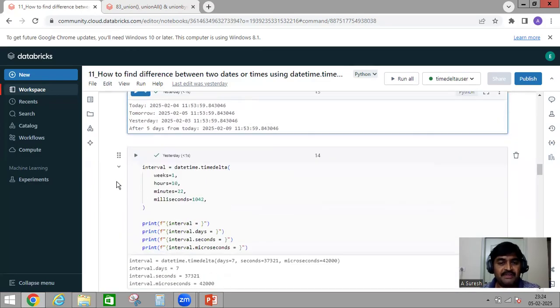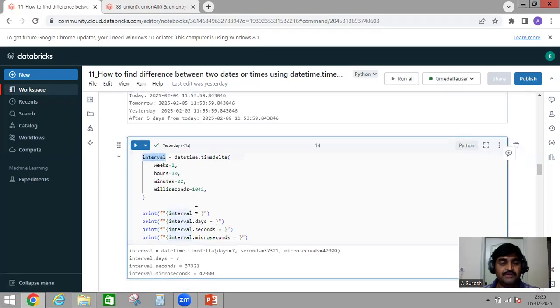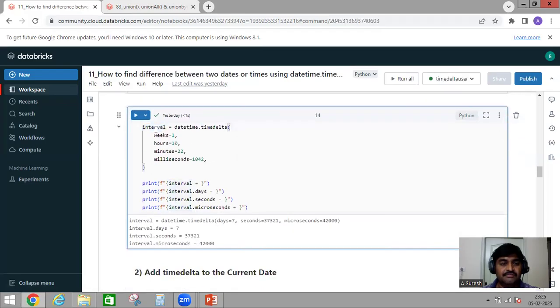Next, as per our syntax, we can enter multiple parameters under timedelta. So here I'm adding more parameters: weeks 1, hours 10, minutes 22, milliseconds 1042. First, what I'm trying to print is the interval. So we have week 1, and week 1 means 7 days,